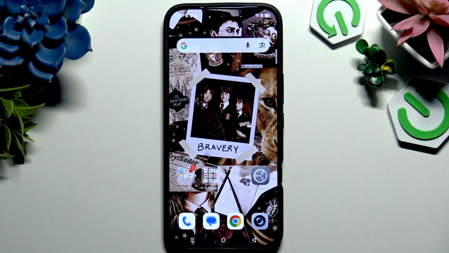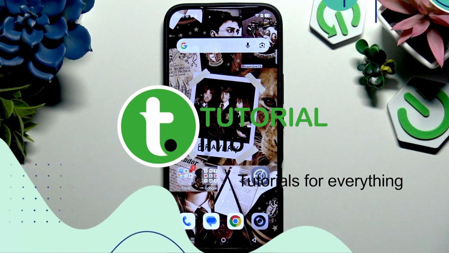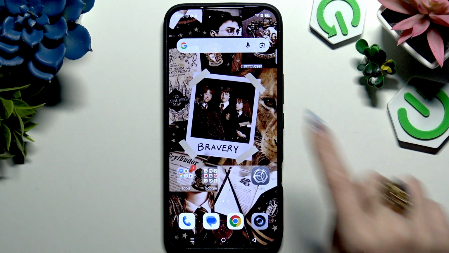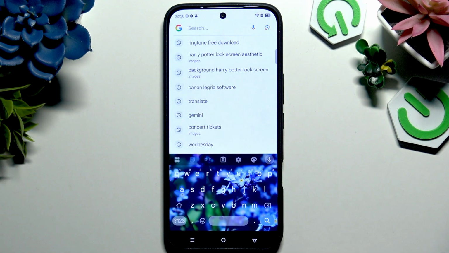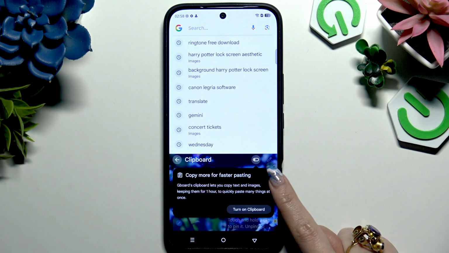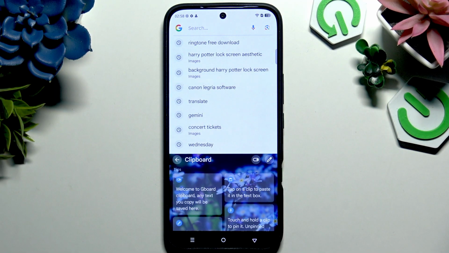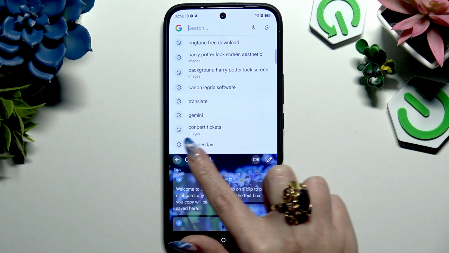In front of me is INFINIX Note Edge, and today I would like to show you how you can turn on and use Keyboard Clipboard. And by launching your keyboard and tapping on Clipboard at the top of it. Then use this switcher at the top right corner to activate it, and go back thanks to this arrow at